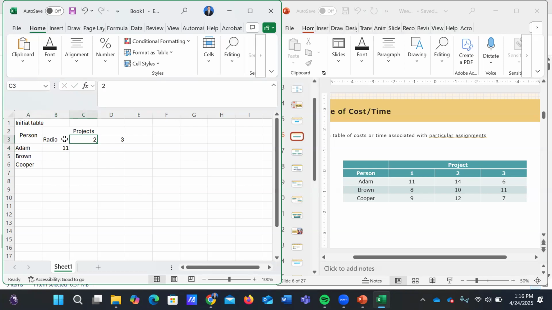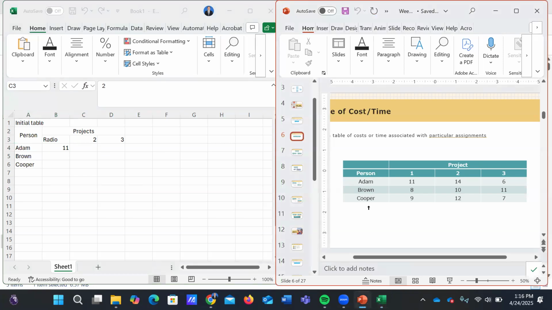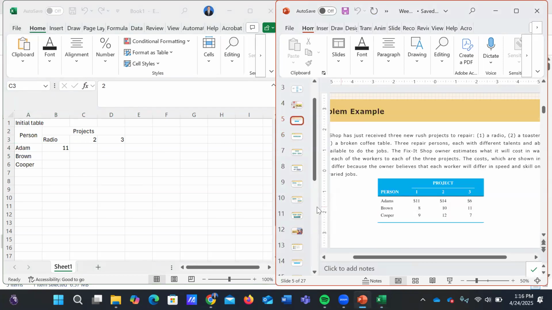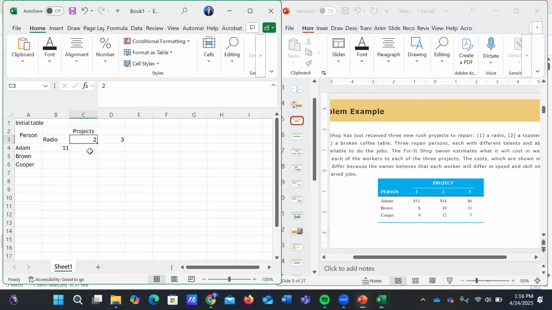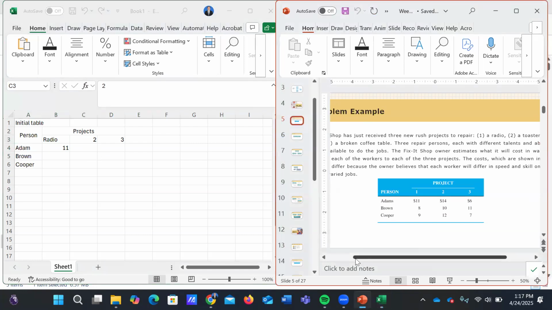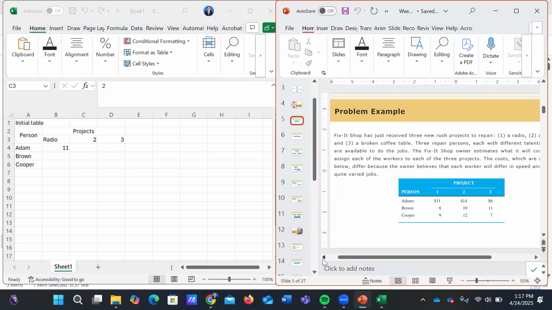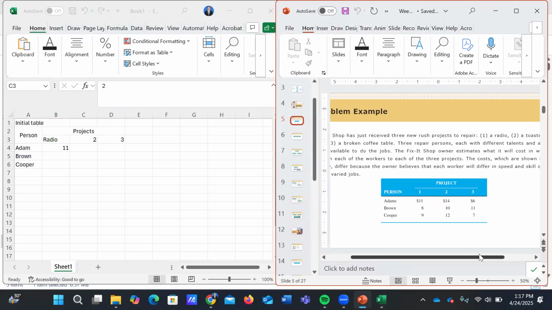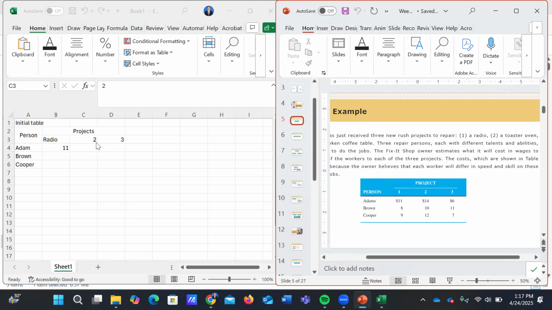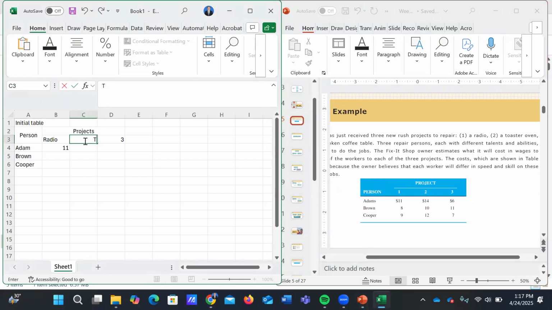Then toaster oven, and then broken coffee table.